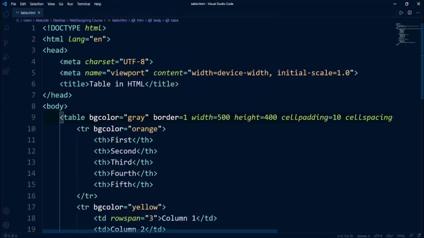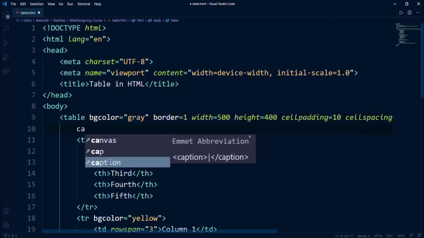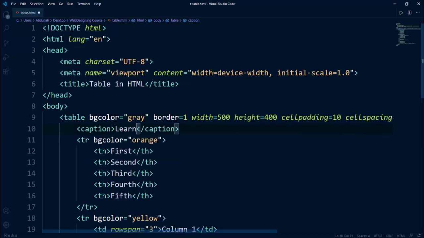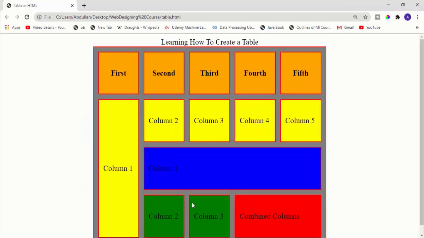Now there is another thing, you can add a caption right there. So you can say caption, and here I will say learning how to create a table. If I save this, go back and refresh it, you can see this is the caption of your table, so the user can understand why you created this table. Okay, that's how you use the table.